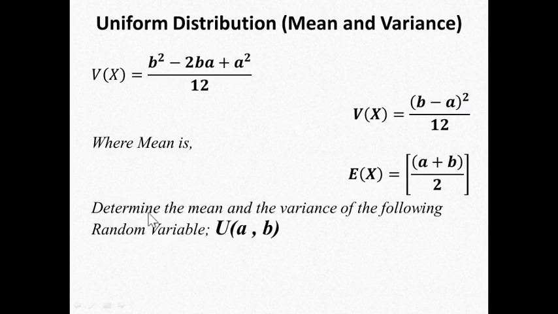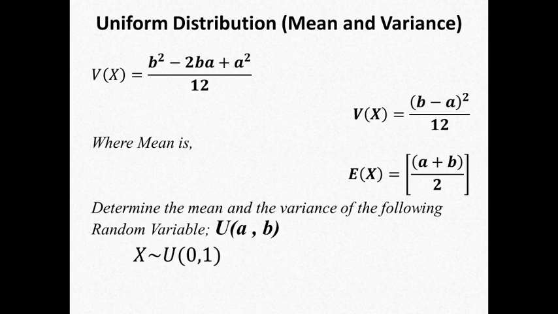So now can you find the mean and the variance of the following random variable? This is the smallest way to write to show any probability density function. Let me explain this terminology. U stands for uniform, bracket A is the first parameter, which is the lower limit, B is the second parameter, which is the upper limit, and then this is the task. Now I am giving you time to calculate the mean and the variance of this uniform distribution. So you can also pause the video and then calculate the mean and variance.